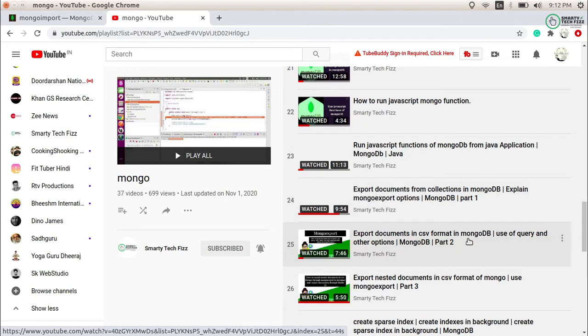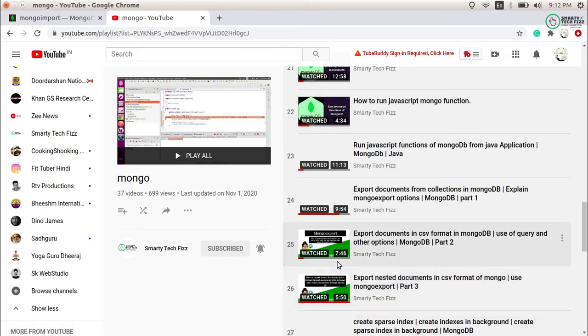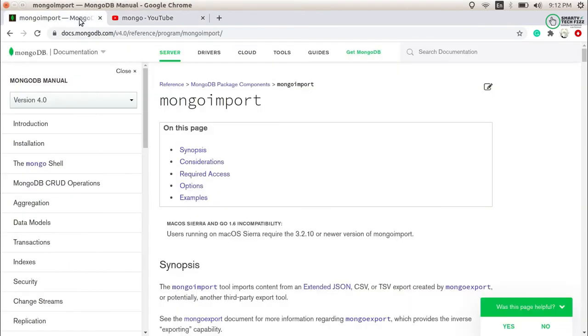Next is the CSV format, and the third is for nested documents, because you may have different types of documents with arrays, JSON, maps, and nested maps. I also explained the easiest way to export documents, so you can go through the last part. But let's get back to our topic.